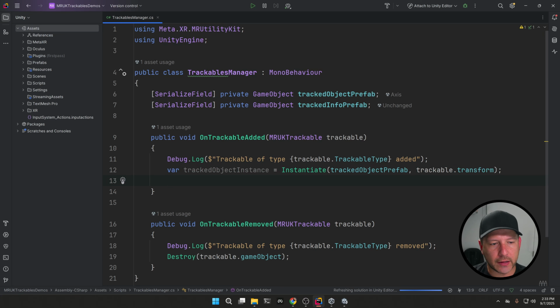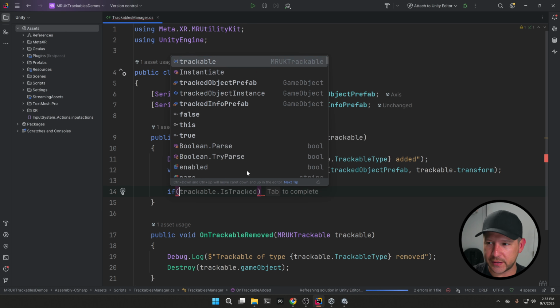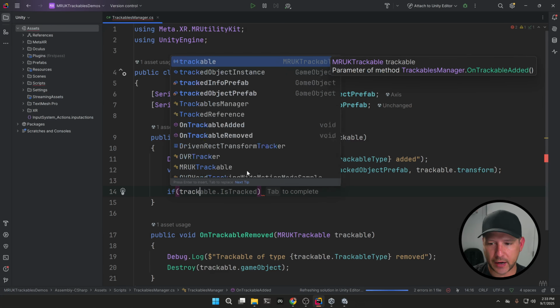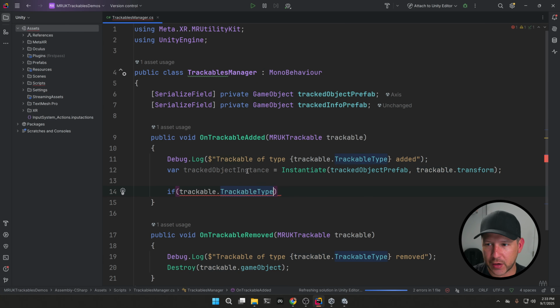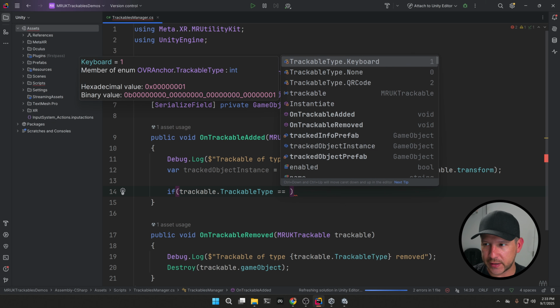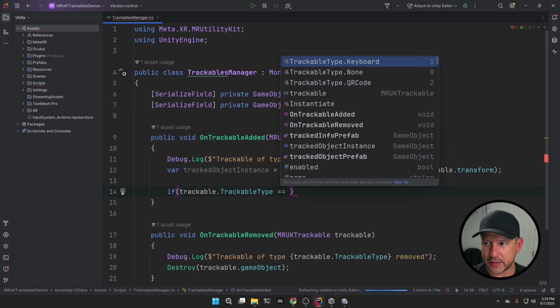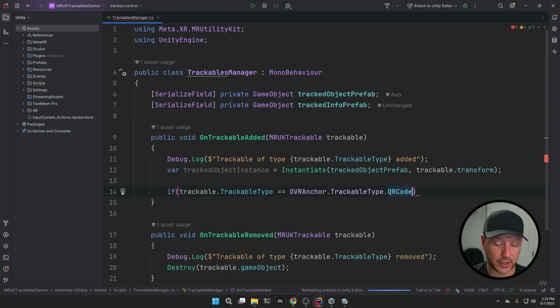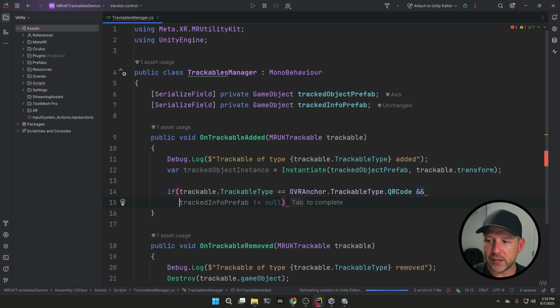So now this is gonna do exactly what we were doing before, but we need to check to make sure this is a QR code. And if it is, we're gonna be instantiating the track info prefab. So I'm gonna say if trackable, and there's going to be a trackable type in here that we can check. We can say, okay, is it a QR code? Is it a keyboard? I'm going to say if it's a QR code,